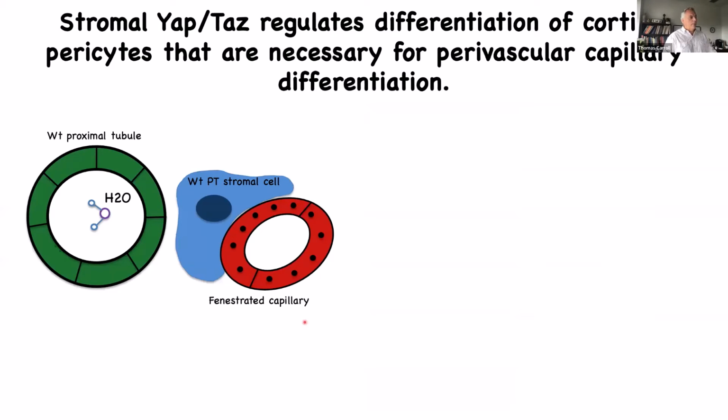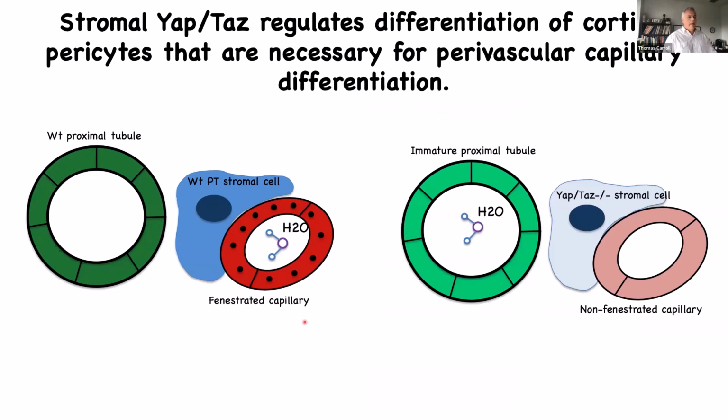So we think that this may be explaining the defect that we see in the YAP/TAZ mutants. In a normal proximal tubule, you have filtrate that gets passed along through the interstitium, gets put back into the fenestrated capillaries, passing through these fenestrations, and then gets put back into circulation. And in a YAP/TAZ mutant, because there are no fenestrations, that filtrate cannot get into the capillaries. It cannot get put back into the circulation. It just builds up in the interstitial space, creating these large lumens, these large structures that we see that are these fluid-filled holes, basically,